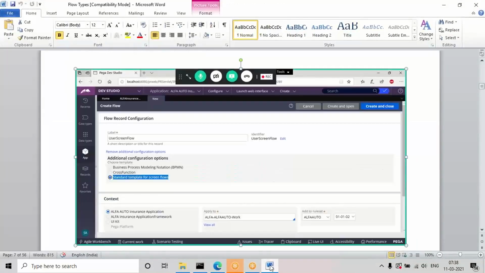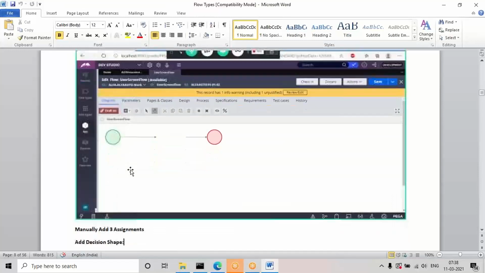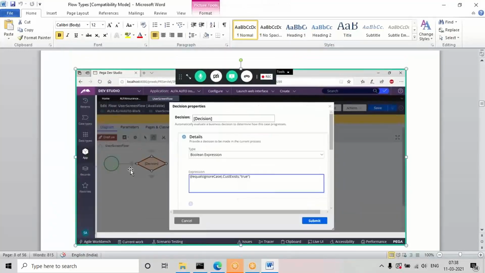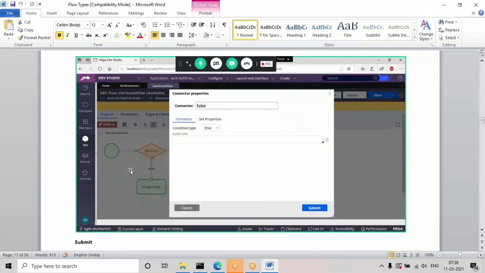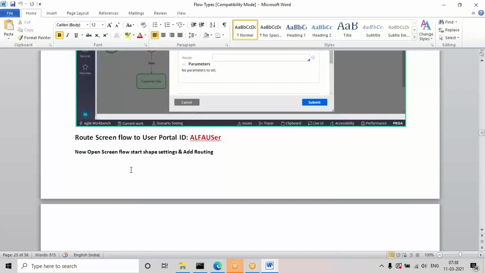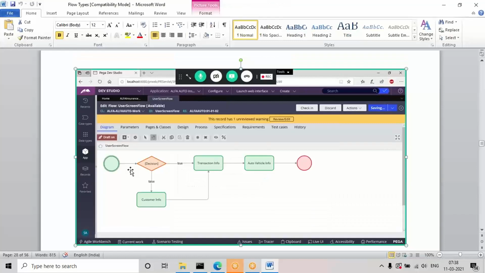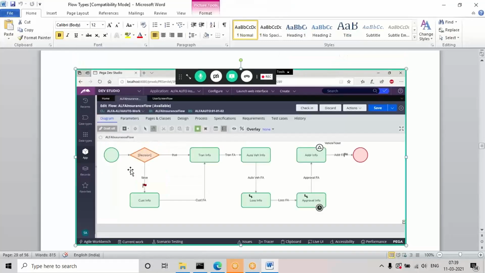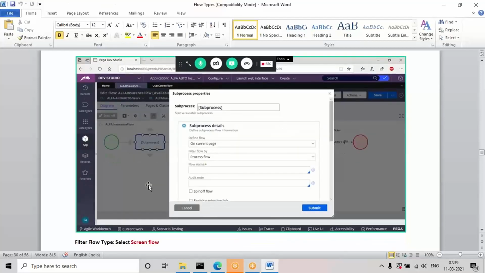So like that, any screen flows created. Once again, to open a screen flow we'll open this rule from the process category flow only, but in the settings here we need to choose the template. After opening, apply the decision making and add all these connections. So the three steps we are adding are customer, transaction and auto vehicle forms, and apply the routing. If you want to apply the routing for the screen flow, under the start shape properties you need to configure and give the parameters, and now call this in the process flow, that is, in the insurance flow we need to call. So update this design and add this subprocess shape and apply the settings.